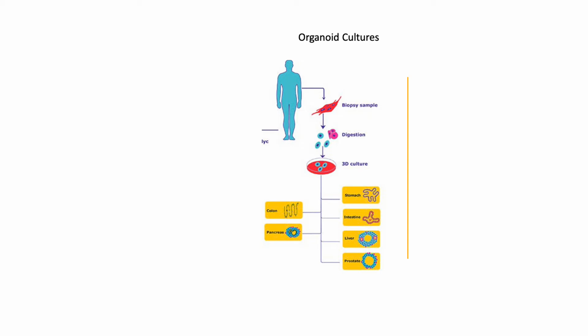So there's been a few different kinds that have been worked on to get these 3D organ cultures. There's stomach, intestine, liver, prostate, pancreas, and colon. And they form 3D cultures. They start producing the enzymes that are, let's say, produced in the intestine. They start to take on some of the shapes that intestine or colon will take on. And these organoid cultures are becoming extremely important for studying, for example,